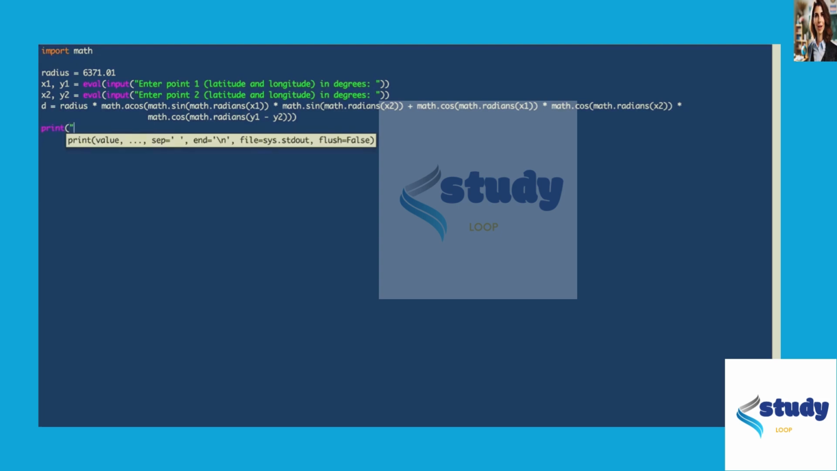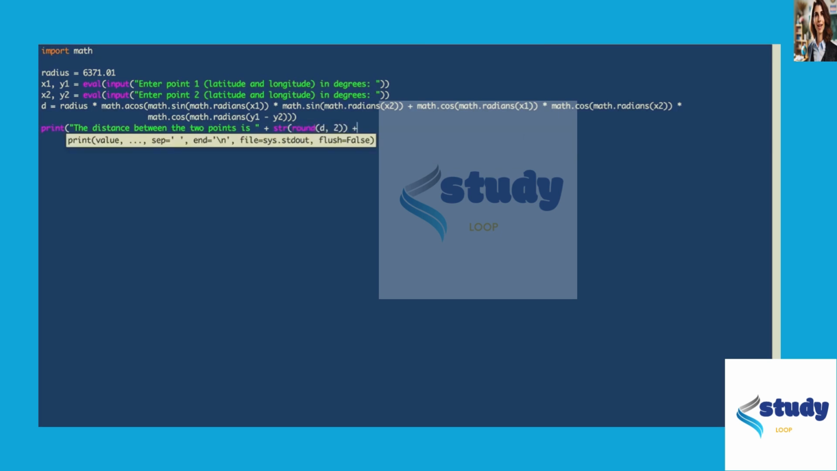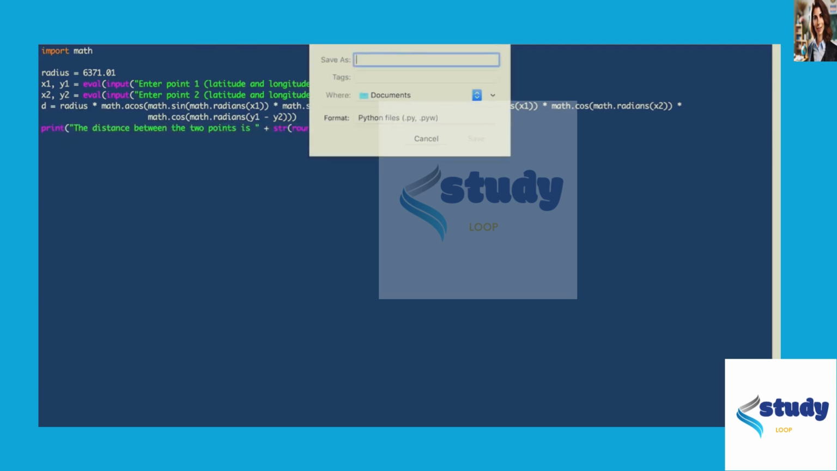So we're going to say the distance between the 2 points is, so we want to take the string, we're going to round the number d to 2 places, and then back to our kilometers here, not n. Alright, so then we have to save, and I'll save this as create circle,